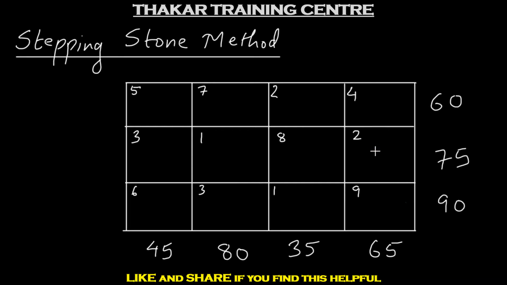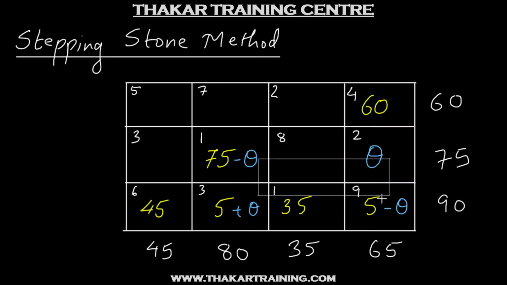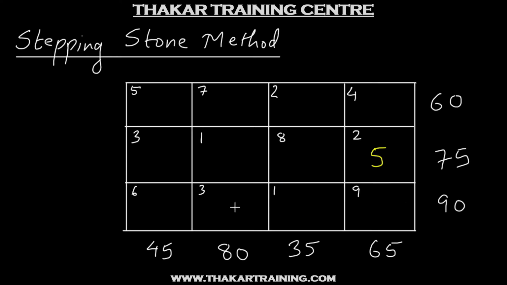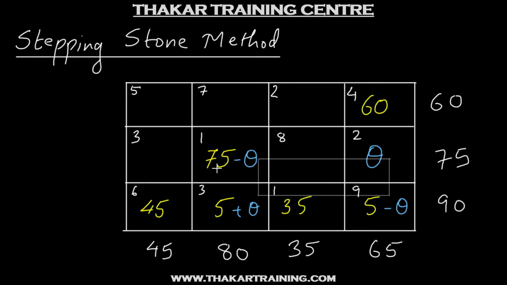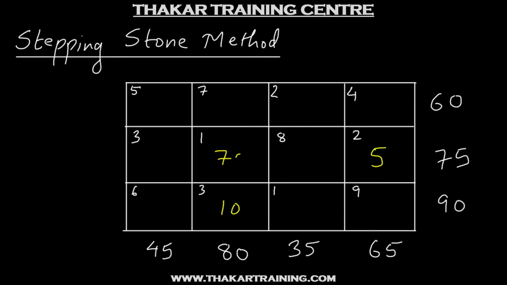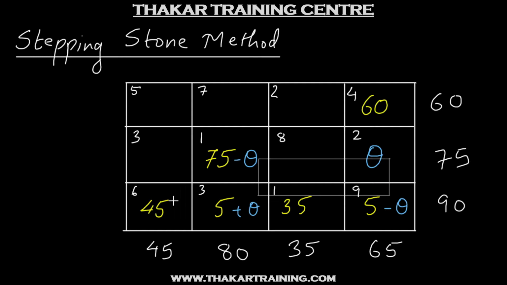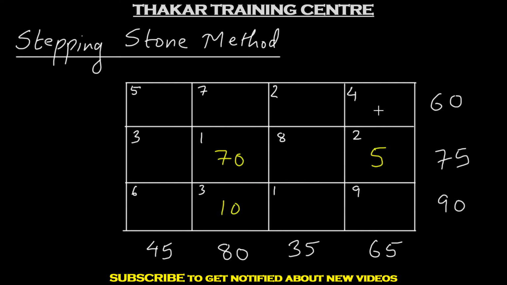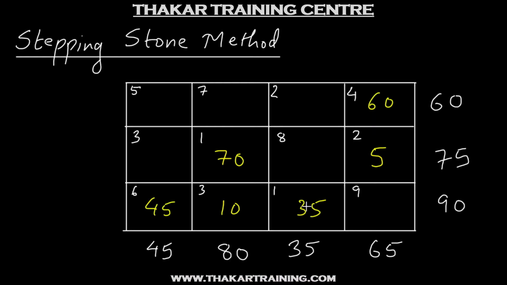So we add 5 units to this cell. So this will be 5. This will become 0. So there will be no allocations in this cell. This will become 5 plus 5 equal to 10. So this cell will have 10. And this will become 75 minus 5, that is 70. So we have 70 over here. And we see that these allocations remain unchanged. So we have 60, 45 and 35 as it is. So this is a new solution that we obtained which should reduce the total transportation cost.